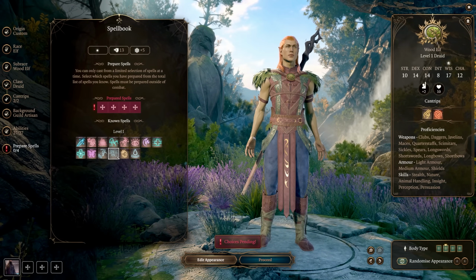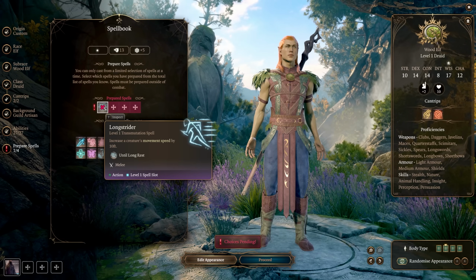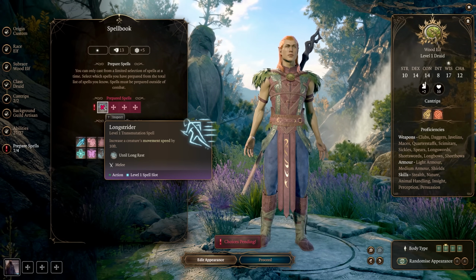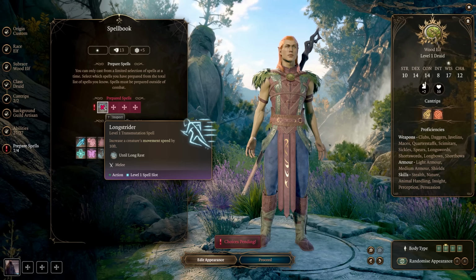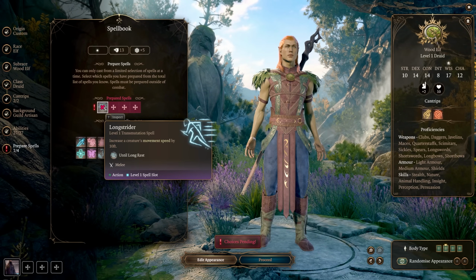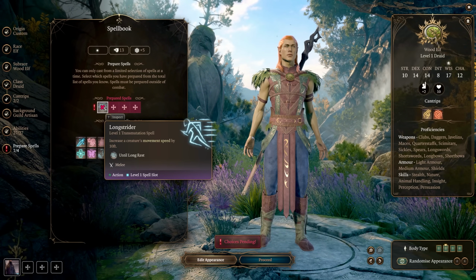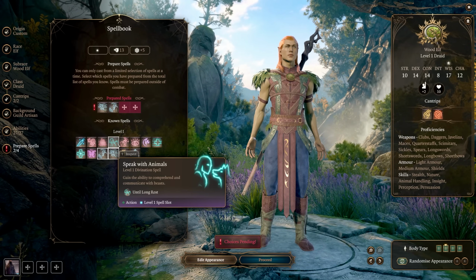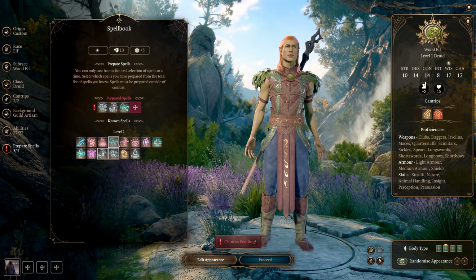You can use stuff like Longstrider, which will not take a spell slot. So this is a nice way to put this on a character and not have to worry about it. So you put this on, it's a ritual spell, so it's not going to use a spell slot. You cast this on everyone and they all move 10 feet faster. But other little things like Enhanced Leap, Speak with Animals, also a ritual spell. And